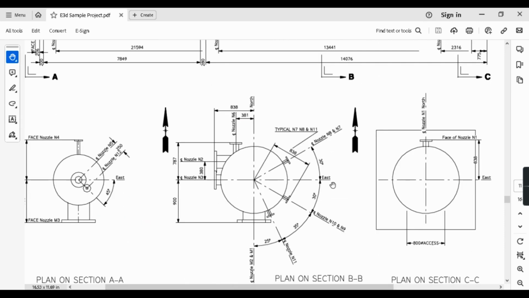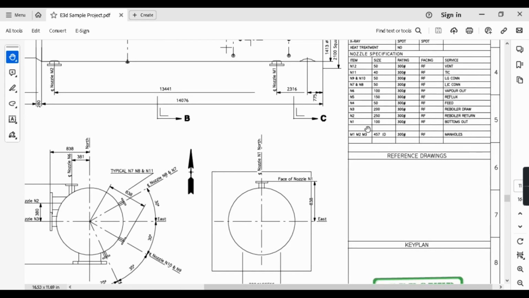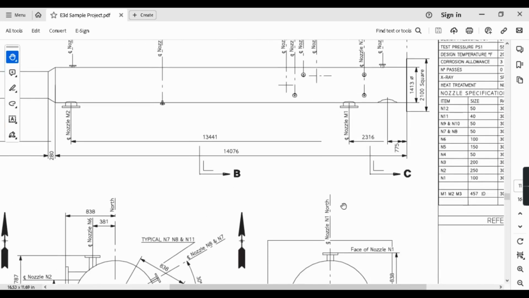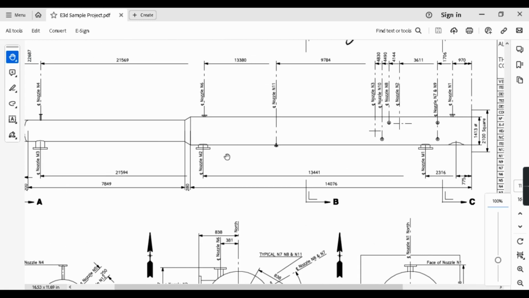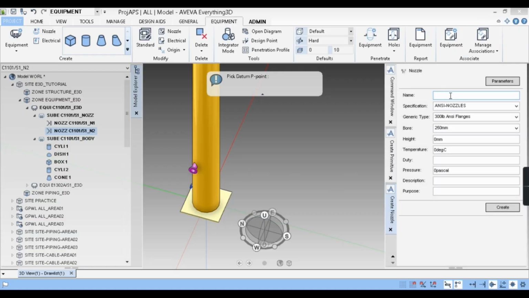So let's model this N7 and N8. Since we have an angle of rotation, and these nozzles were just at some 90° or the quadrants, but this is at an angle, so let's do it for this N7. N7 size is 50 and rating is 300. And where is N7? N7 is here, 50 and 300. So I'll just input the name 1101/S1 underscore N7. Okay, and rating 300 and size was